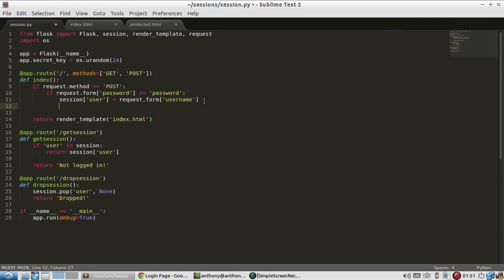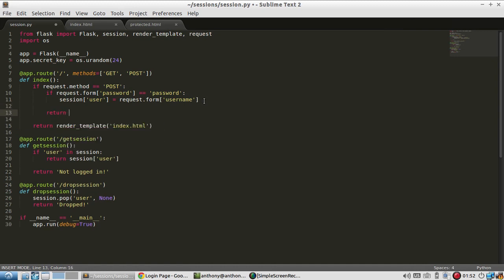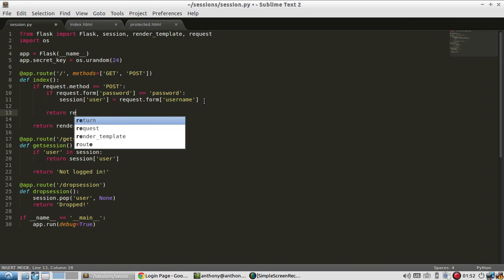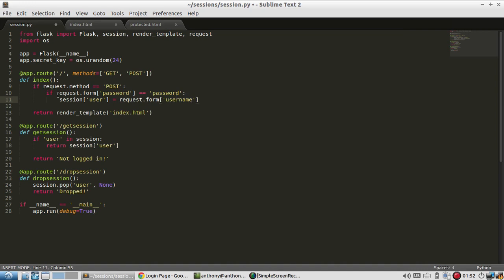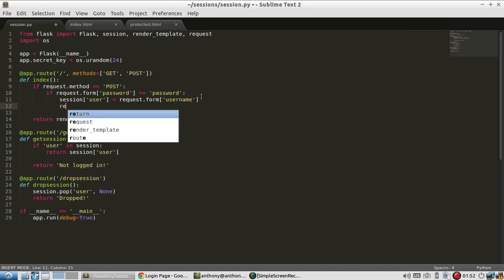If not, then I'll simply return the login form again. So I'll say return... well, actually I don't need to return it there because it's going to get down here. So if the password is that, then I want to return